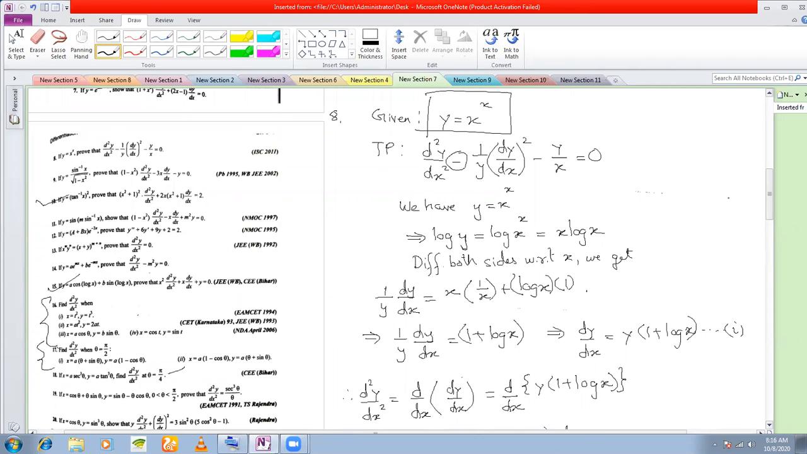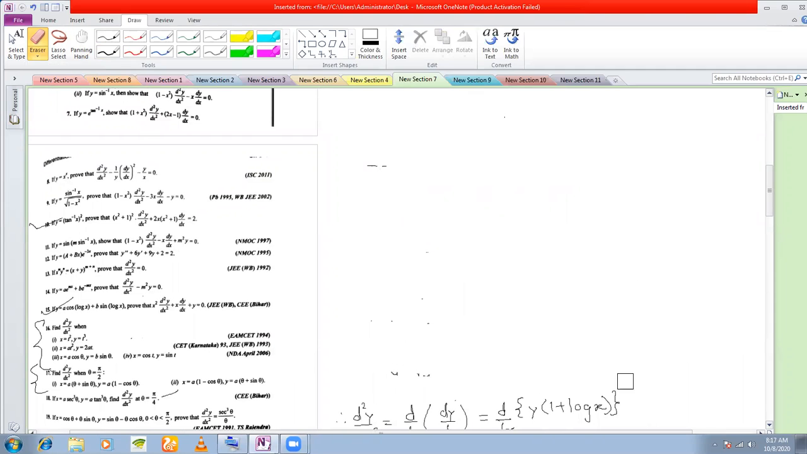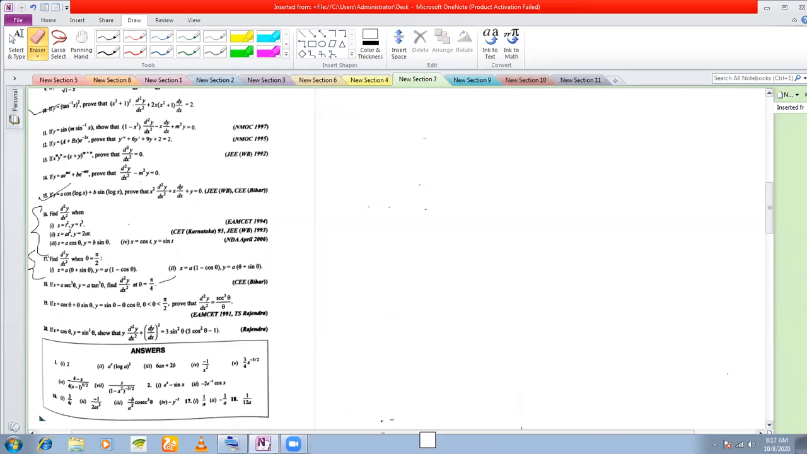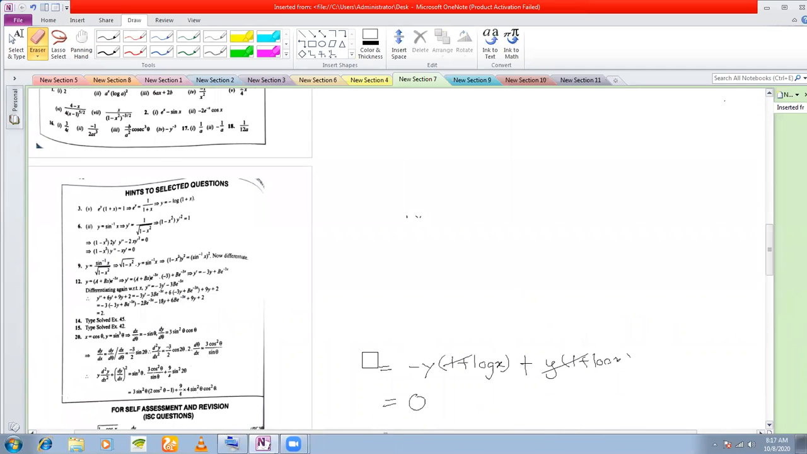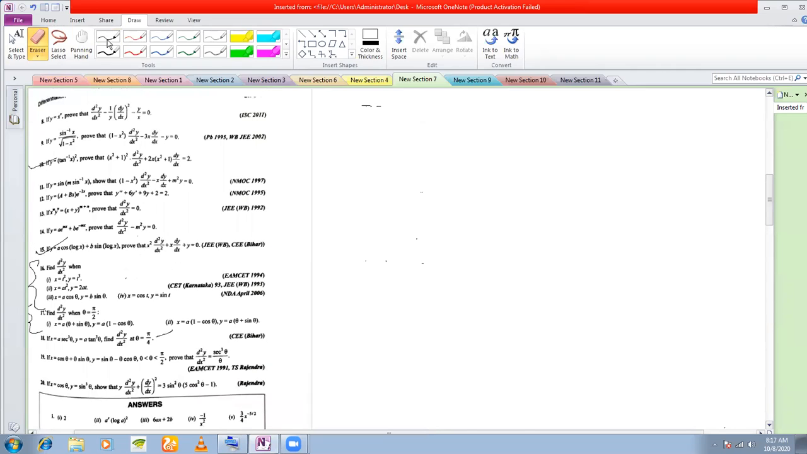What I intend to do next is number 10. Given here, y is equal to tan inverse x whole square. Okay, you need to prove that